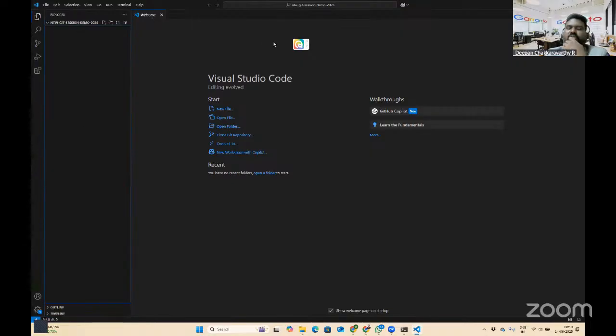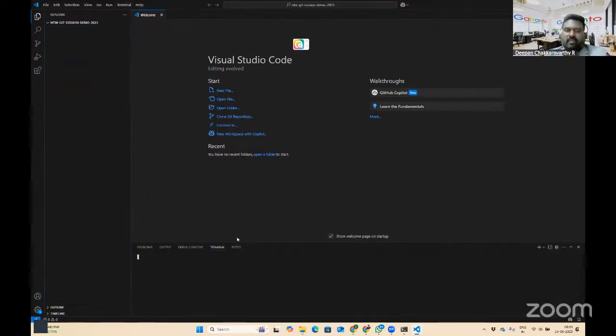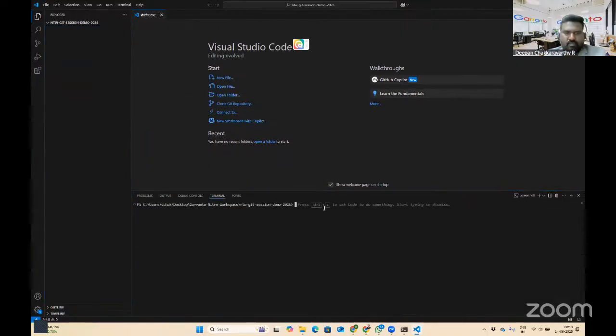Right. So I open the project in VS Code. VS Code comes with an internal terminal. Now I want to know the current status of the project. So the very first command that I issue for this project, now that I'm inside it, is git status. I created the project and right now I am in the root directory of the project.